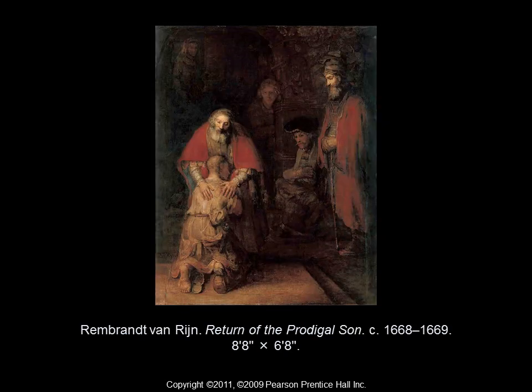This painting by Rembrandt, Return of the Prodigal Son, from between 1668 and 1669, does owe a little bit to the Renaissance. It's got a slight bit of a humanistic perspective. This is a retelling of a Bible story. The story behind this painting is that of a son who has returned to his father and is fully accepted back after wasting his life and spending all his wealth on needless and useless things.